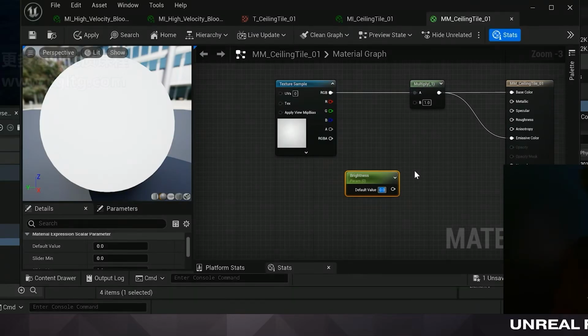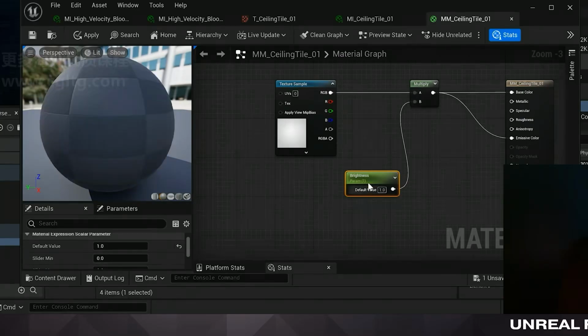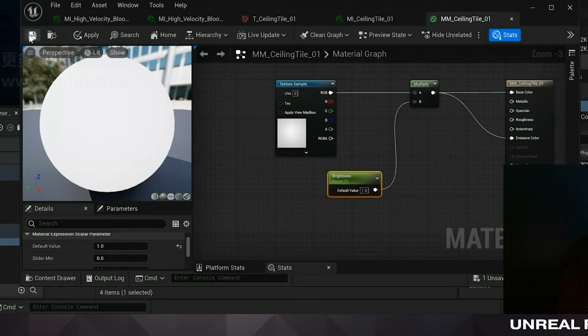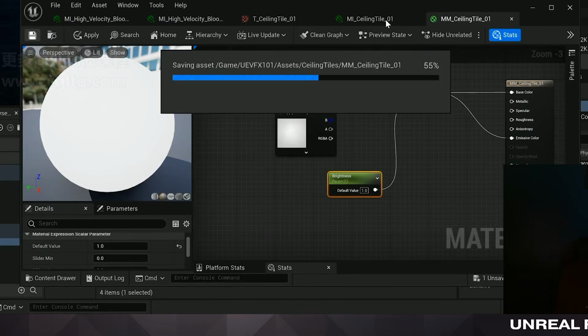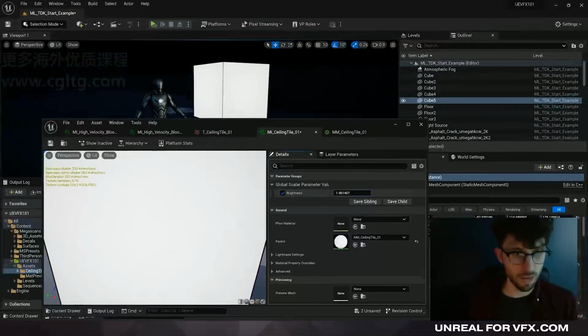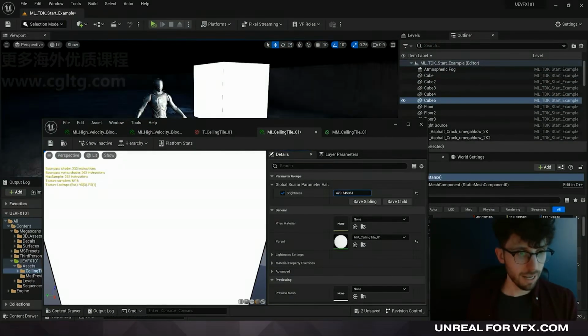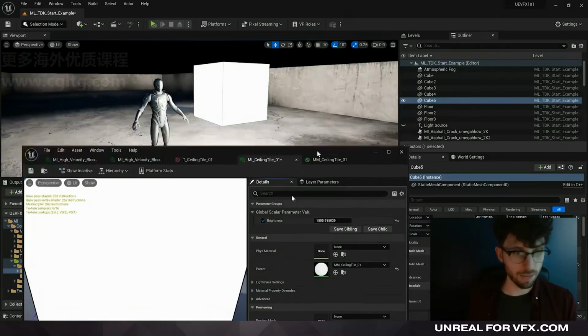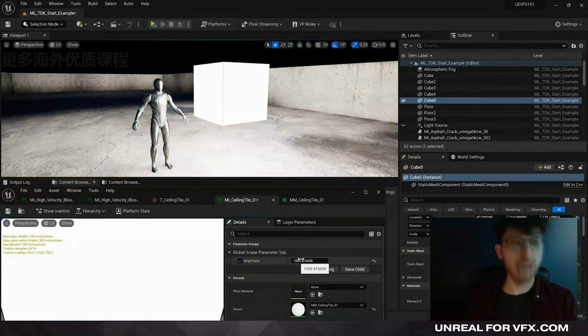Scalar means one number. So if you multiply anything by 1, it'll just be itself. So let's set this to 1 by default, and let's hit save. And now let's go back to our material instance. And now we'll have this brightness global scalar parameter that we can adjust. So now we can drag this up or down, and we can see that now that I've made it 1,000 times brighter, it's casting a lot more light